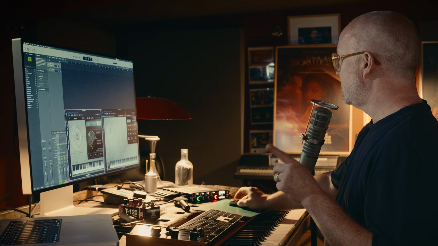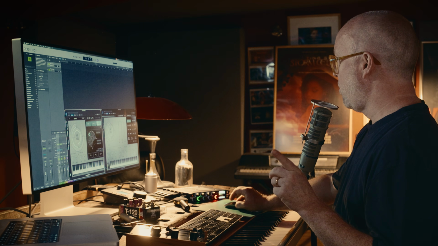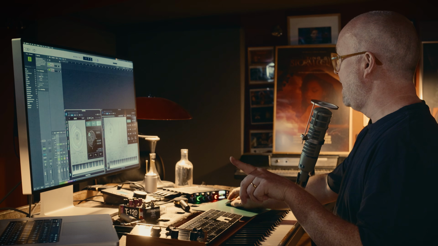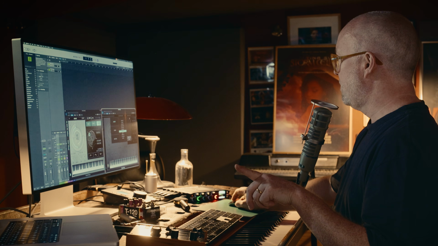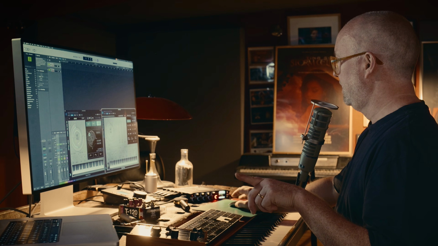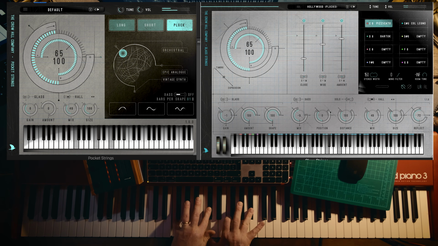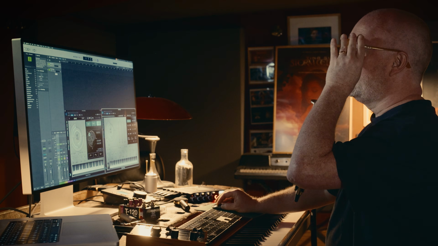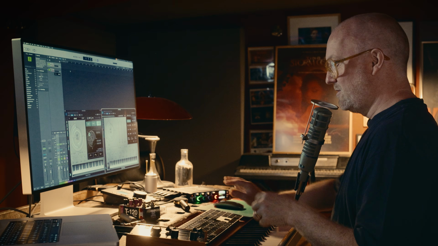And finally, something I find really useful with Pocket Strings is going the other way, which is if we were to have a look at the pizzicato here, great, detailed, realistic, human. But if you just want to go a little bit wider screen,